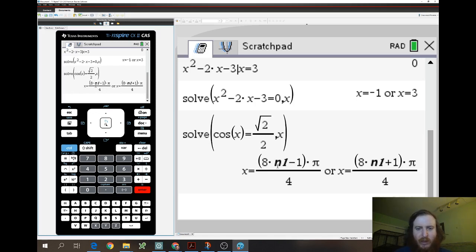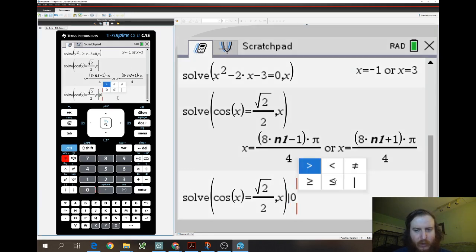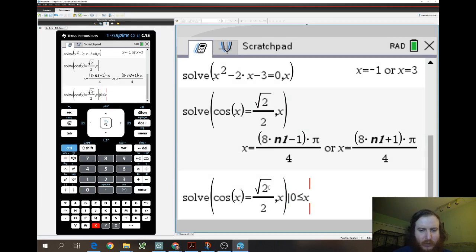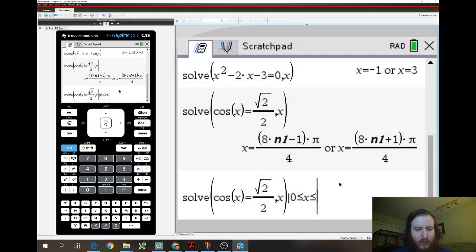So what we want to do is tell the calculator to only use from 0 to 2 pi. The way we do this is that after we've put the comma x, this is important, you don't do this inside the parentheses. You have to do this outside of the parentheses. So after the comma x, you go outside the parentheses, and we do control equals, that's the "evaluate it at." Now, we don't want to do one spot, we want to do an interval. We want to say from 0, then control equals again, less than or equal to x, and then control equals again, less than or equal to 2,